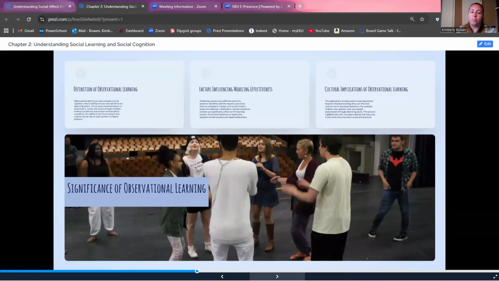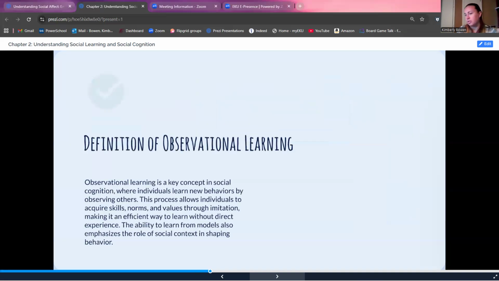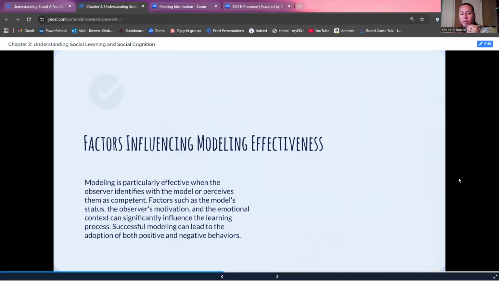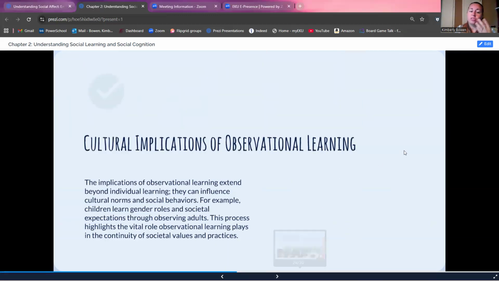All right. So as we get into more, we've talked about observational learning. That's pretty spot on with its name. But there are also things that affect how we see what we're observing. Okay. So we have internal biases. We have certain kinds of modeling that influence whether or not what we're learning is actually true or accurate or right. And I will explain this a little more as we go forward. There's also cultural implications when it comes to observational learning.